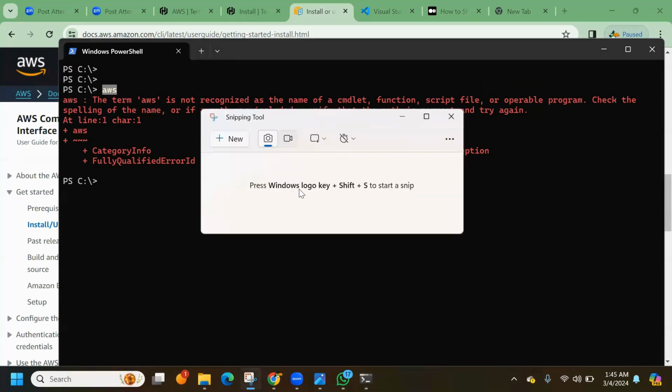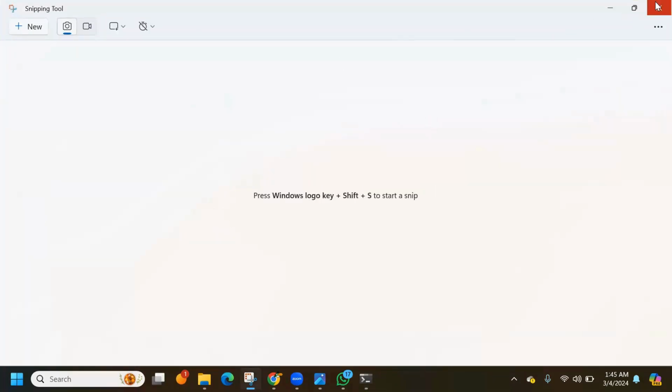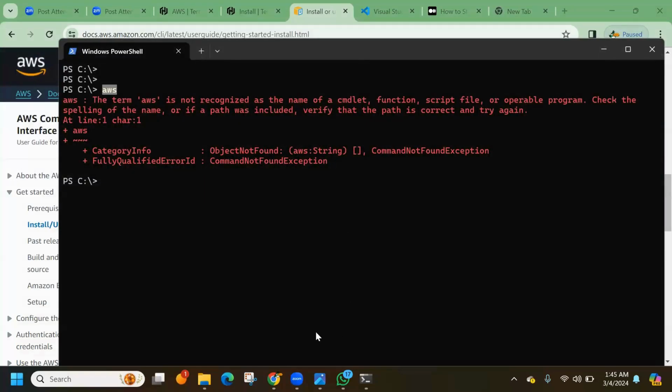Many times you need to create, suppose, SSL certificates from the backend. You need to create a Docker image and then push it to ECR, so you need to log in to the ECR, that also through AWS CLI. So many things are there, like you need to copy something to your S3 bucket. All this requires your AWS CLI. Maybe you need to run a script that is calling AWS CLI. So in your local, it is one of the mandatory tasks you need to do, to install the AWS